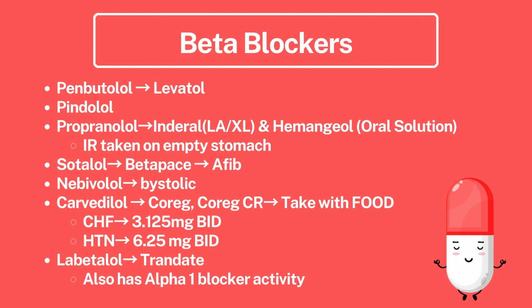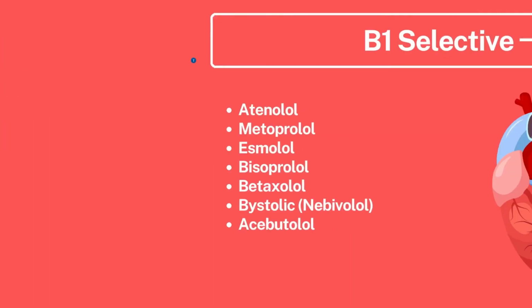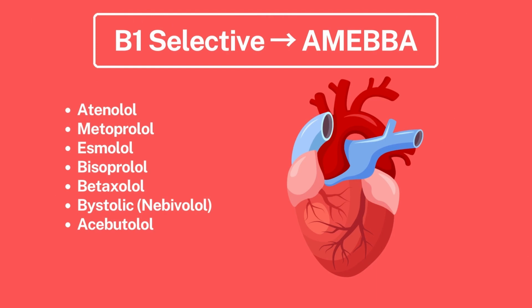And they could give you the CHF dosage, the hypertension dosage, which will be 3.125 BID and 6.25 milligrams BID, and a couple other dosages, and it will be up to you to know the starting dose for each disease state. So beta blockers could be further categorized into B1 selective, which stands for beta blockers that are more selective